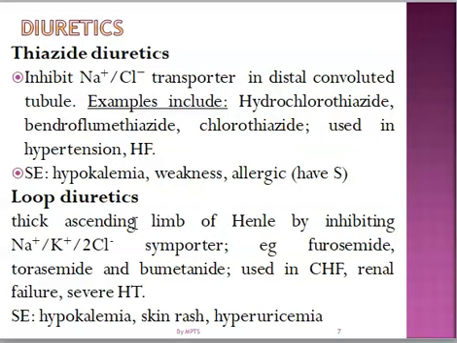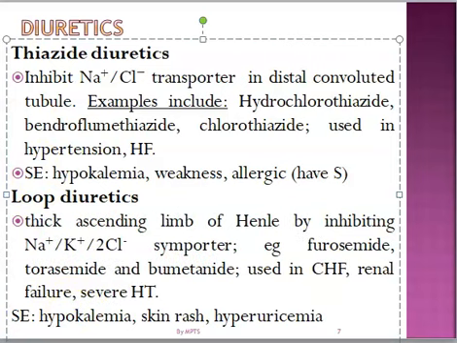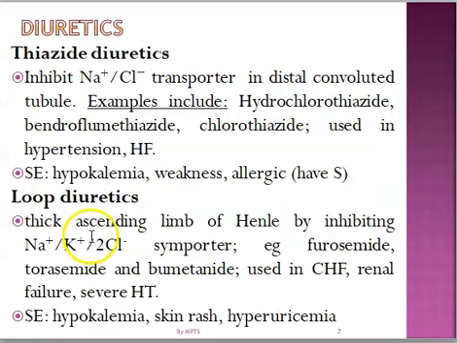Now, the loop diuretics, of course, they act in the thick ascending limb of the loop of Henle by inhibiting the sodium potassium chloride transporter. Examples include furosemide, torsemide, and bumetanide. These ones are used in hypertension, of course severe hypertension, congestive heart failure, and then, of course, in renal failure. Side effects include hypokalemia, skin rash, and hyperuricemia. Now, this is where the potassium sparing come in, used in combination